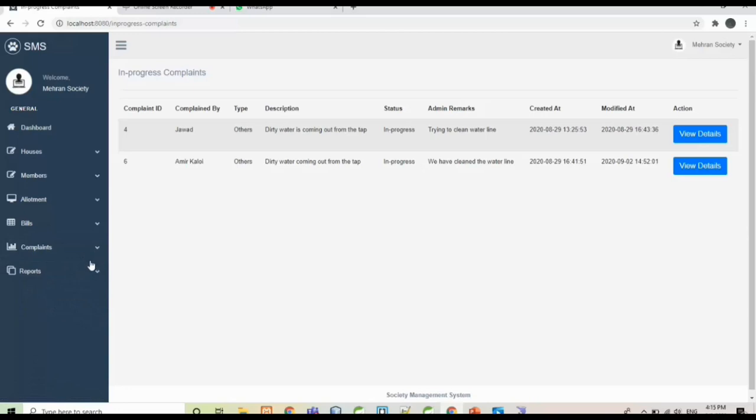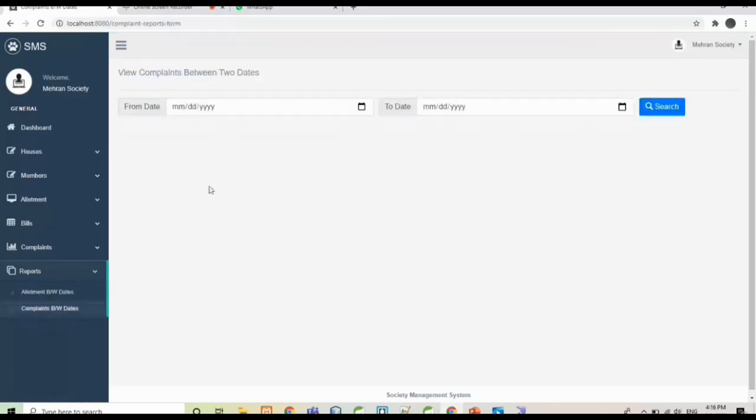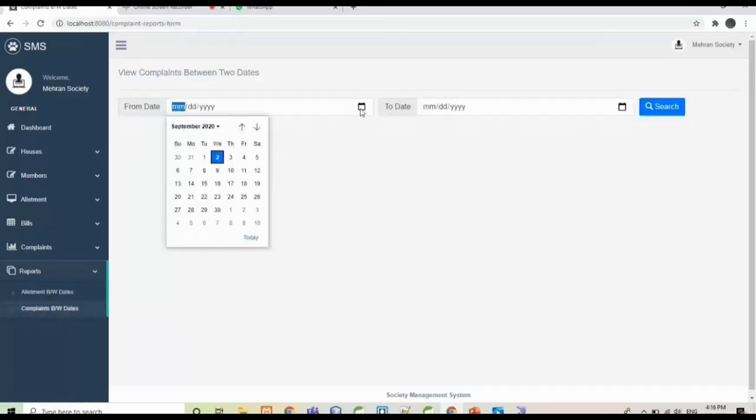Let's view some reports: allotment between dates, complaints between dates. Let's view reports of the complaints between two dates.